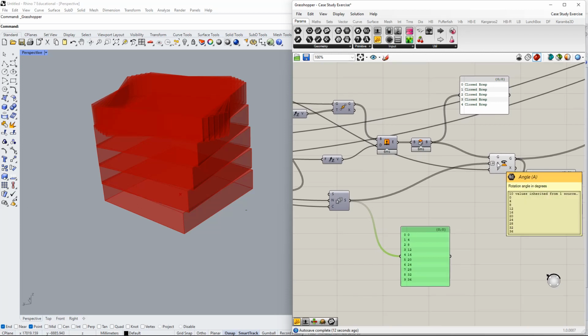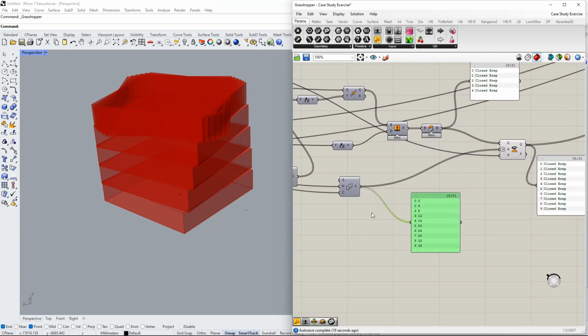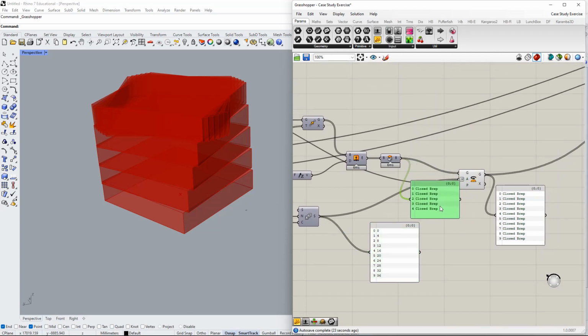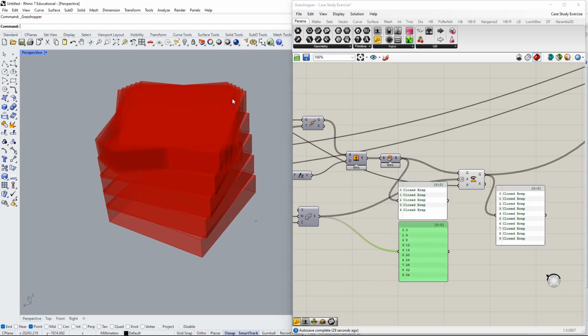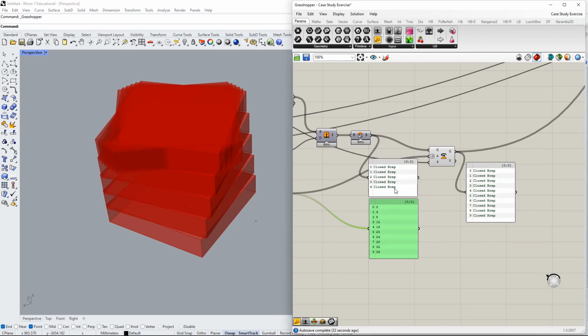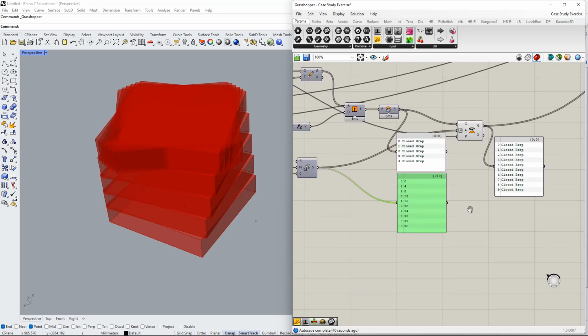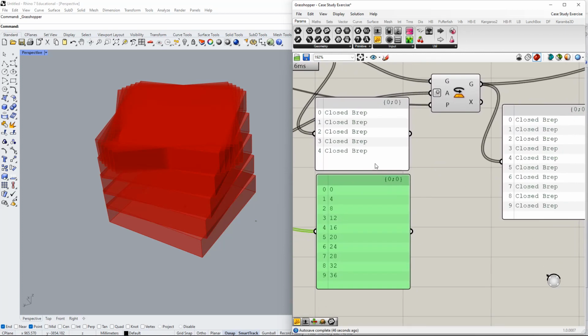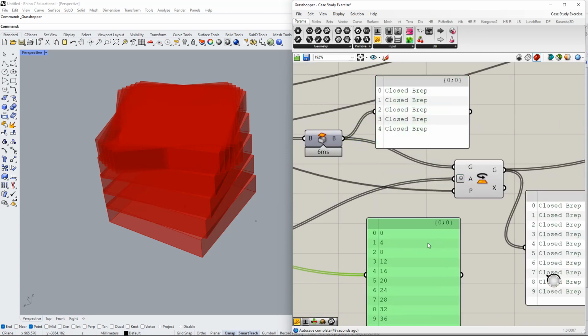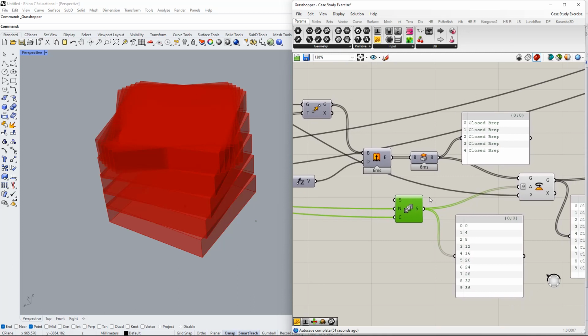So I just went to the second one, which is angles, and connected a panel and see how many items are in there. And there are 10, but I need to move only 5 elements. That's why at the end it's trying to rotate the last one, the fifth item, the index 4 item, all the rest of the time. So let's see what Grasshopper does with this list. So when you have data, remember this is the